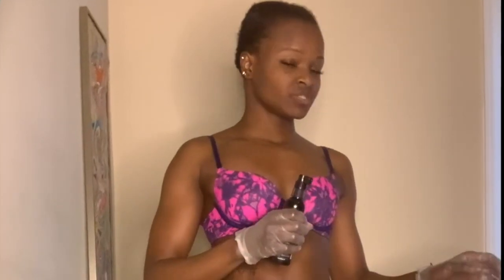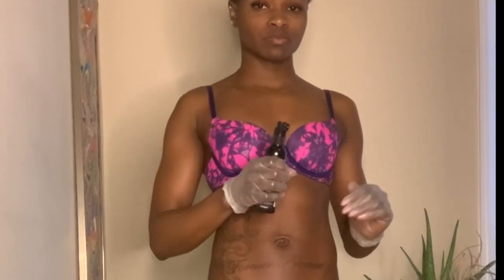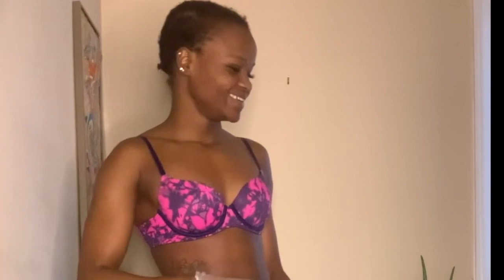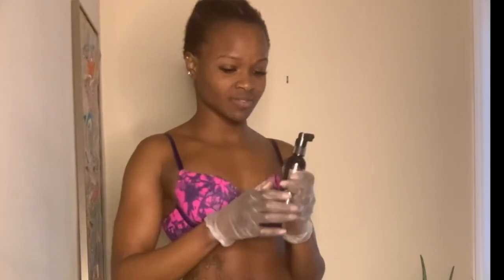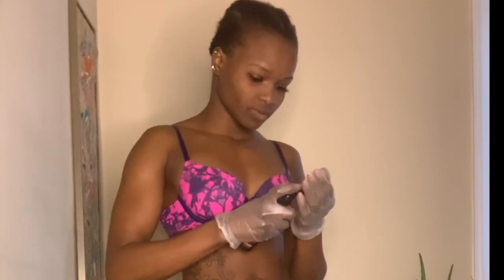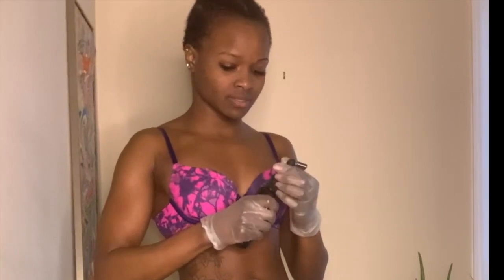Anyway, I love the smell of the Jergens. It smells really good. I smell like a Mercedes-Benz or something, but I'm not sure whether I look like a Mercedes-Benz or not. It's funny. Oh, it smells so good. I could totally see myself using that as a perfume. I smell really good. Anyway, time to apply this